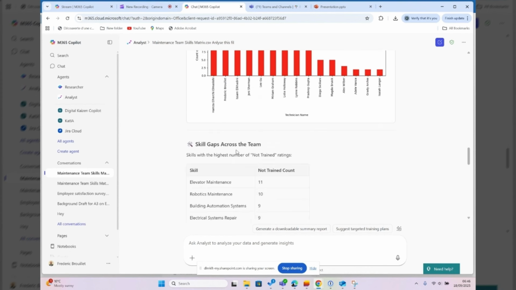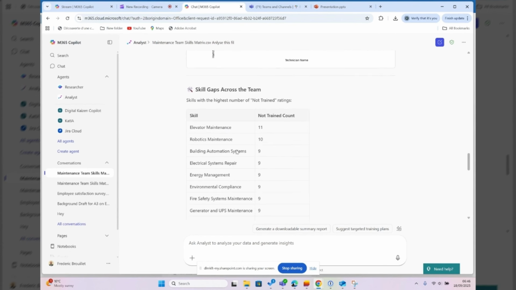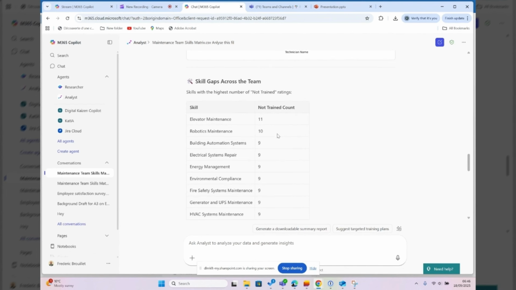So once again, if I scroll down, it's going to look at specific skills. So which are the skills where I might potentially lack trained personnel? And so here, for example, we'll see that things like elevator maintenance and robotic maintenance are going to be right at the top of my list. In terms of untrained personnel,